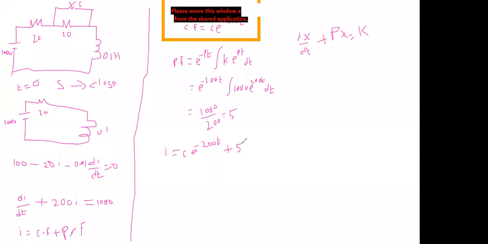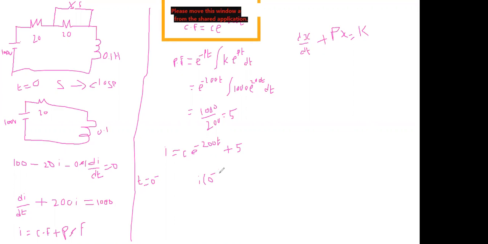Then our aim is to calculate the constant c value. What is the procedure for calculating c? In this case, at t equal to 0 minus, the case before the switch is closed,